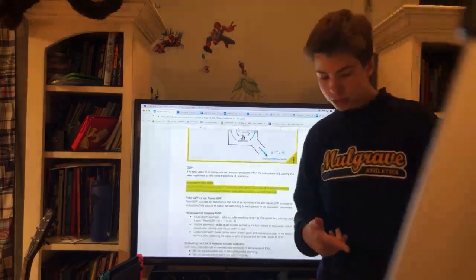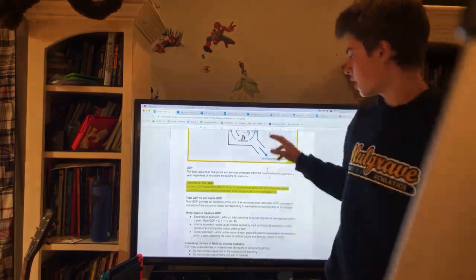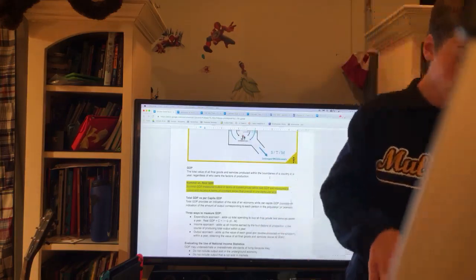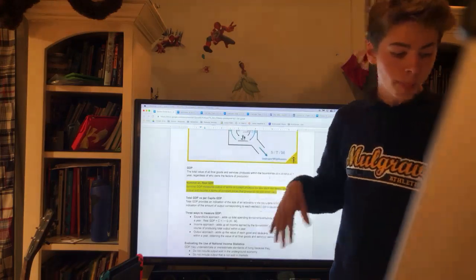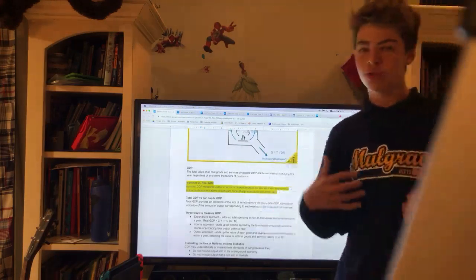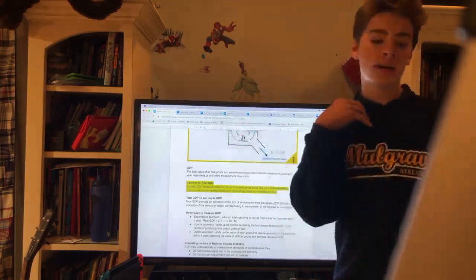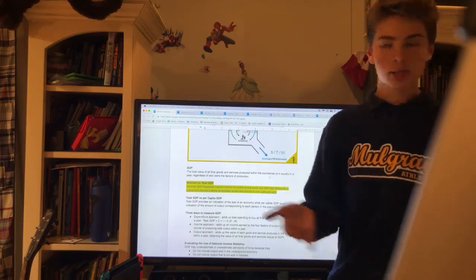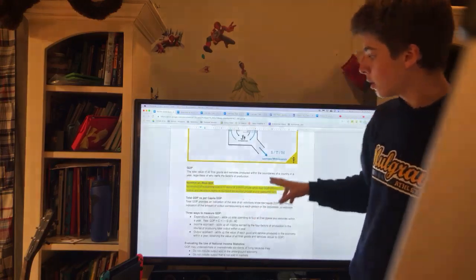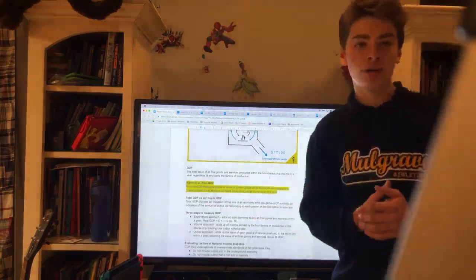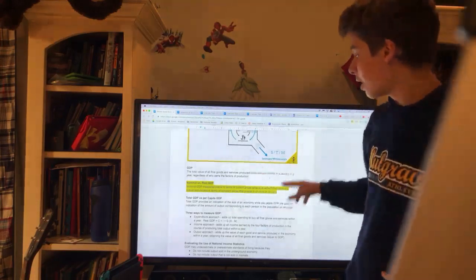So when it comes to this circular flow diagram, hopefully you can see me right now. You can basically measure the GDP, also known as the gross domestic product. That can be calculated in many ways, but the simplest way to calculate it is simply to measure the income earned in this country, and the GDP is basically the value of all final goods and services, as well as income, in our country